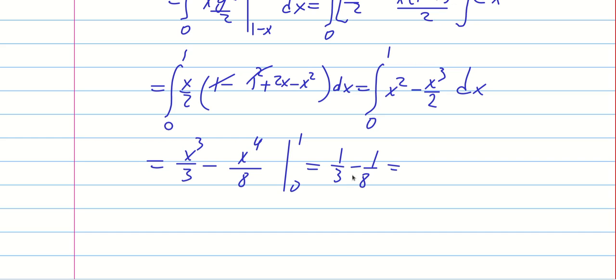So what do we get if we have a common denominator? We multiply by 8, and here we multiply by 3. So we have 24 on the bottom, 8 minus 3, so 5 over 24 coulombs, right? 5 over 24 coulombs,